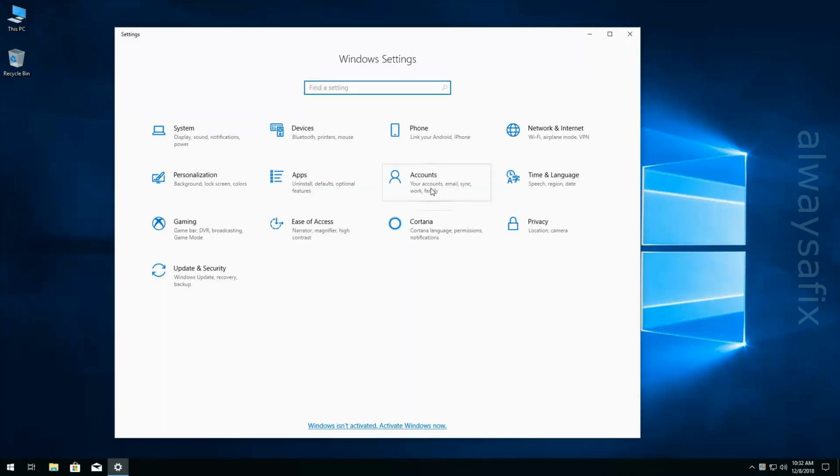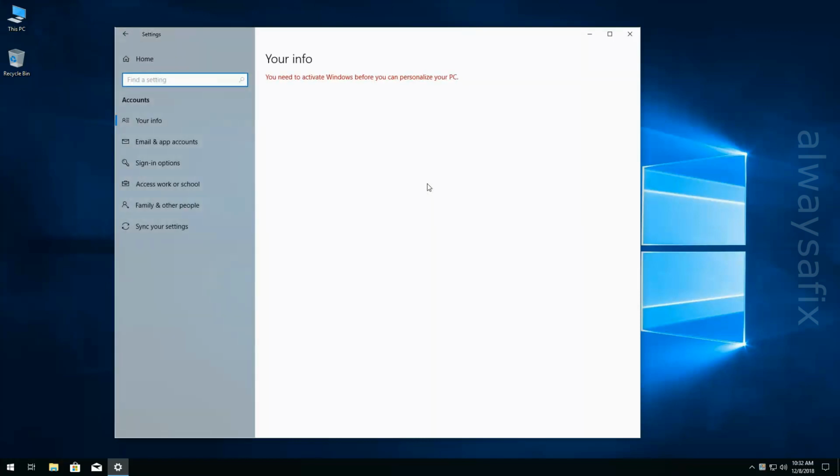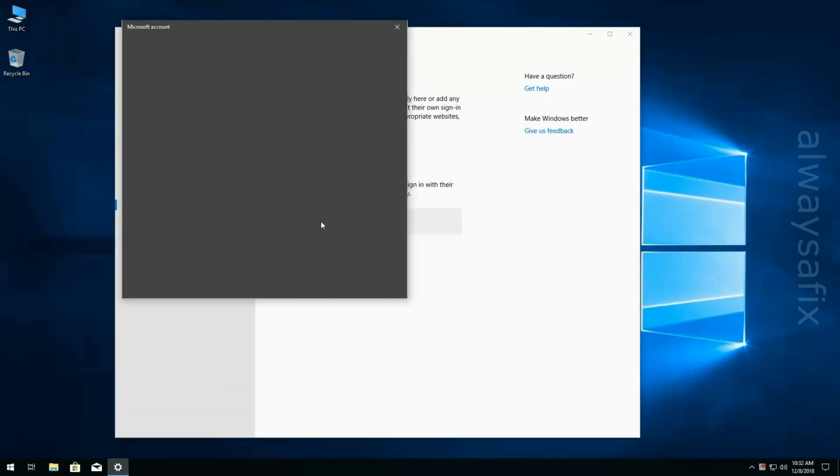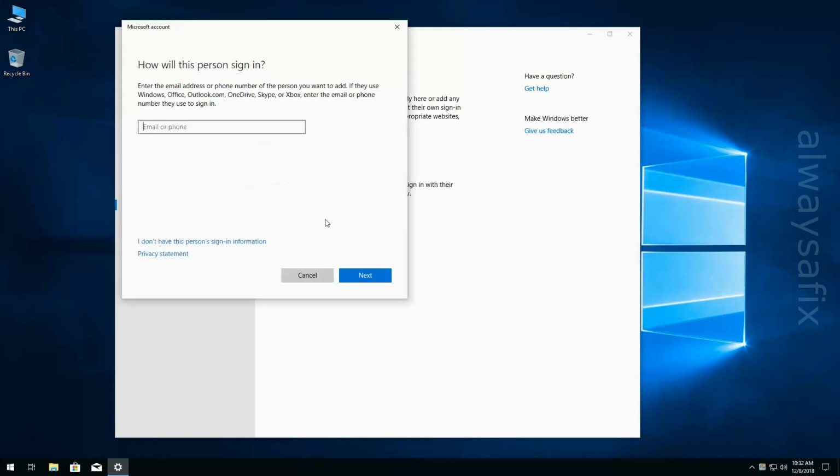and then accounts. Come down to family and other people and then add someone else to this PC. They'll ask you for an email or a telephone. You will skip that and go to I don't have this person's sign-in information,